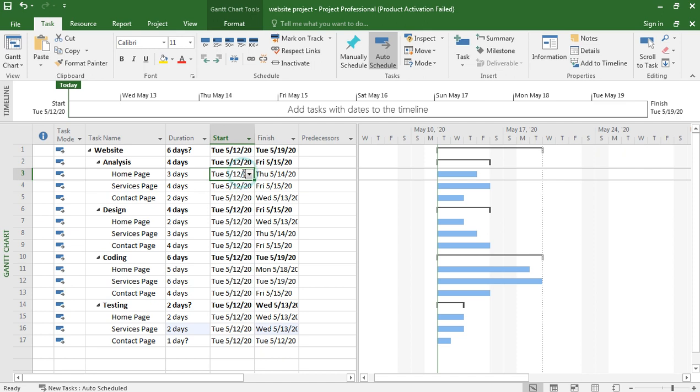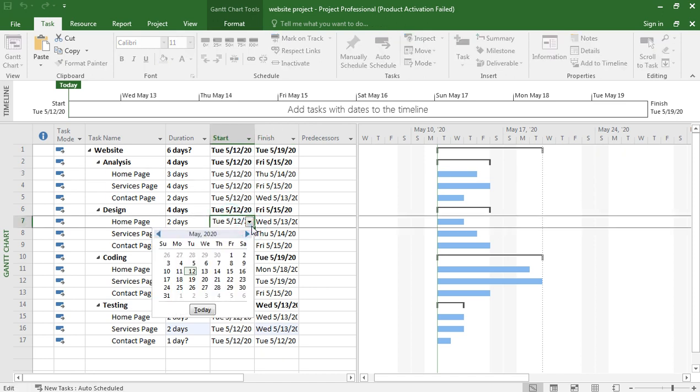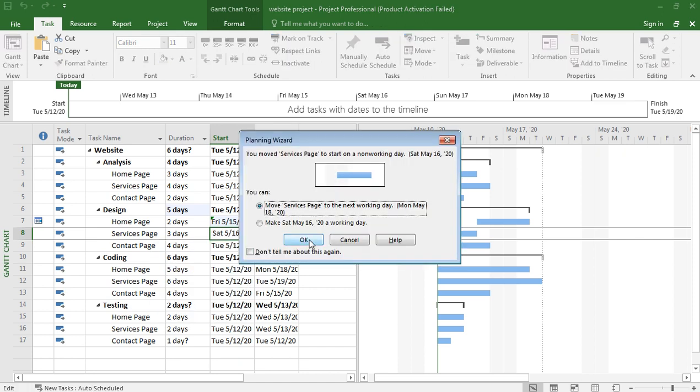Okay, so it ends on Thursday 14. So design phase should start from 5/15, and it is 2 days, so 5/15 and 2 days means 18.